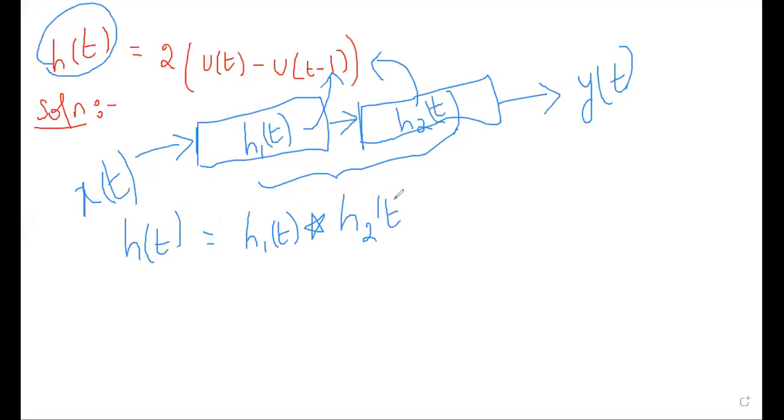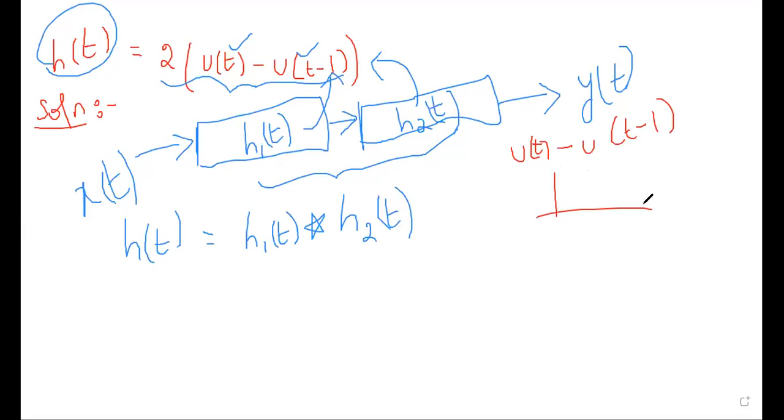Okay. So now let me simplify my given expression of h(t), because it has u(t) − u(t − 1) within the bracket. Let me try to solve that. Let me take the bracket term separately: u(t) − u(t − 1). You can try it in your notebook and get me the answer.